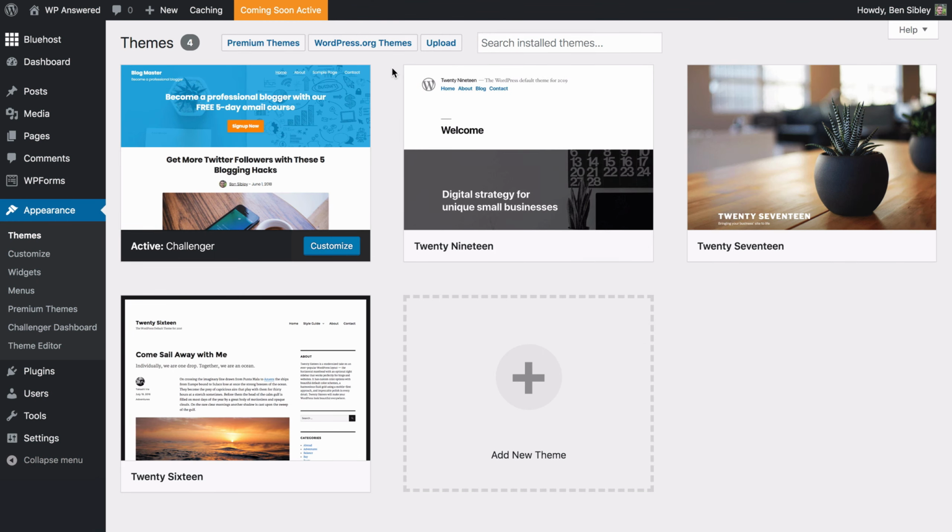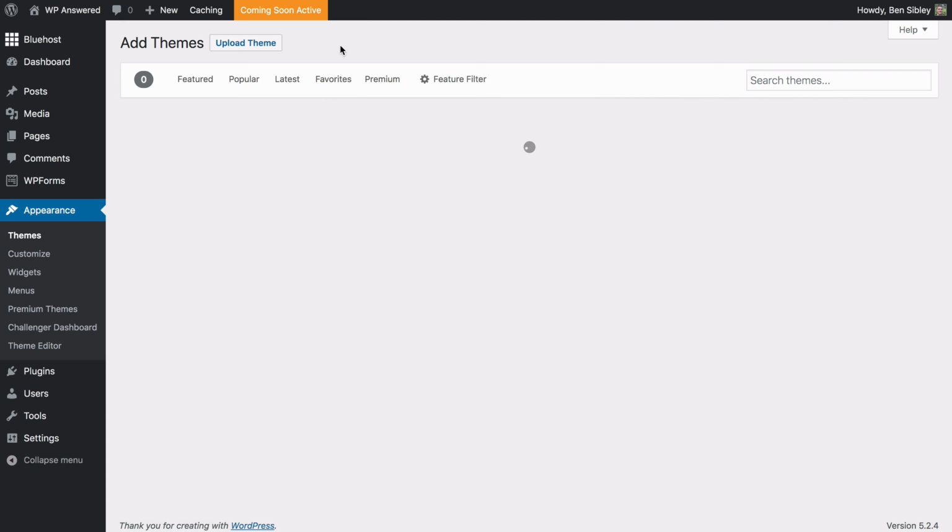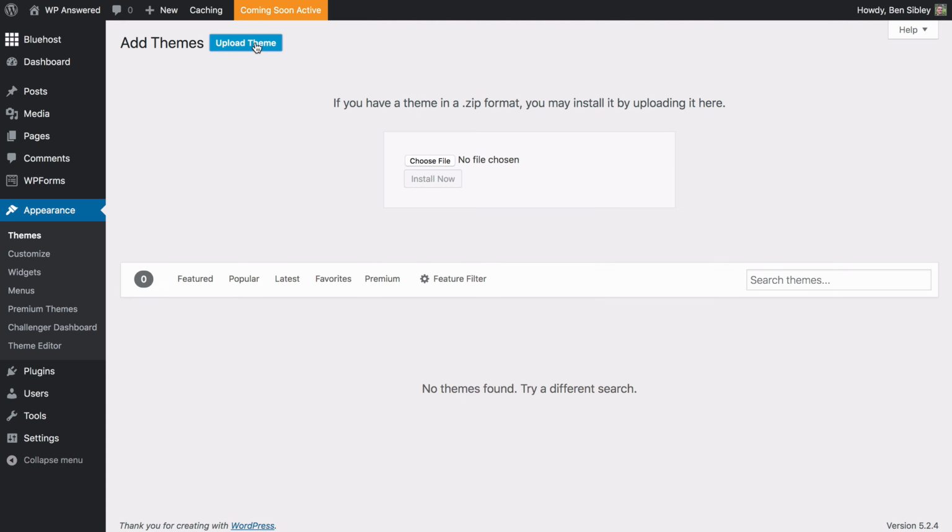Now, to upload a theme with a zip file, you'll start by clicking the Upload button. On the next page, click the Upload Theme button at the top to reveal the uploader. You can click the Choose File button to select the zip file from your computer, or a cool trick you can use is to drag and drop the zip file onto the button. You can do that with these Choose File buttons on any website, just so you know.